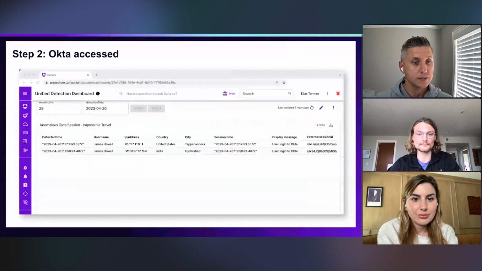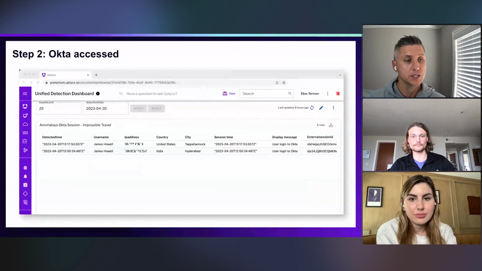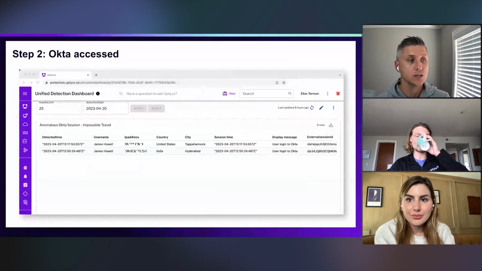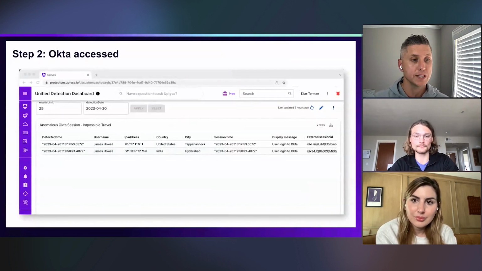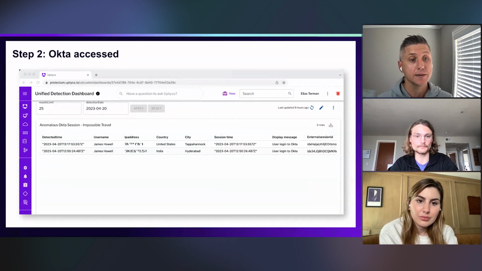Before that happens, what we can detect within the Uptycs user interface is the anomalous session or the impossible travel for that particular user. What we're seeing here is the developer is based in the US, and the threat actor is based in India.